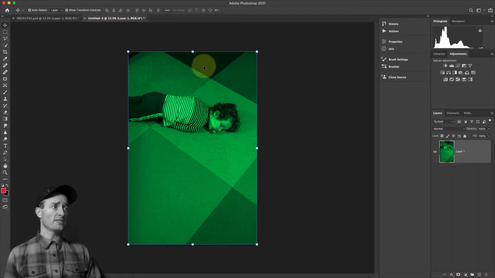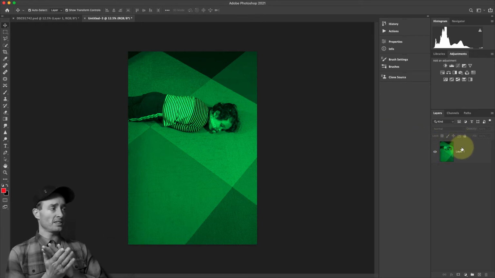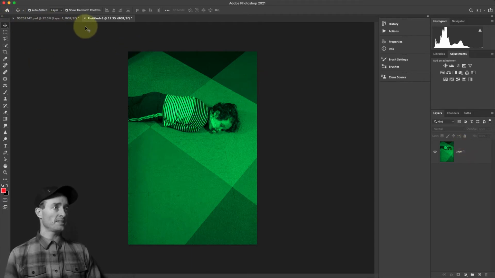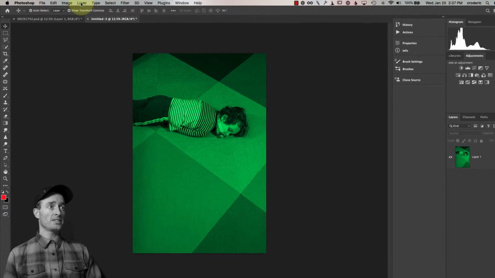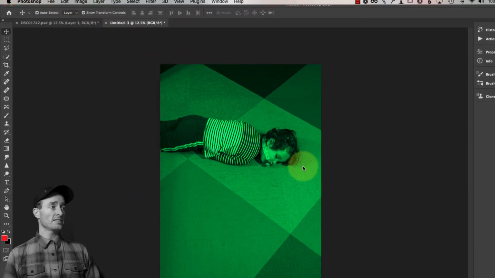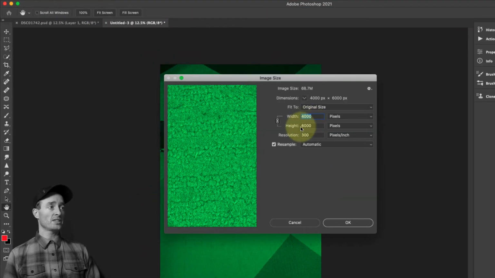But here we have a totally new independent image that is a snapshot. The layers are flattened and compressed into a single layer, with the adjustments that we made in that PSD, but you still have that same file dimension. So if I go to Image and Image Size, you're still at 4000 by 6000 at 300 for our sample,